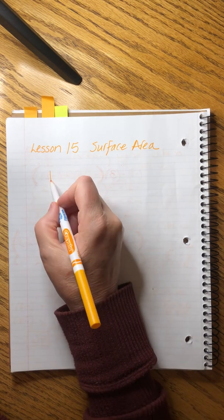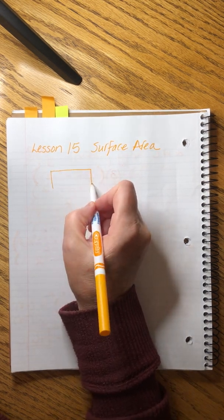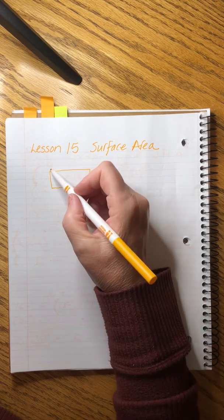We have a one-topic lesson today, and I couldn't be more excited to bring it to you, although, I'll be honest, you guys, it's not my favorite. It's surface area. Remember that when we have three-dimensional objects, like this one,